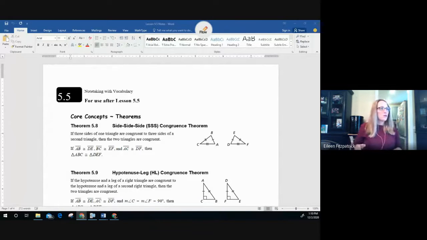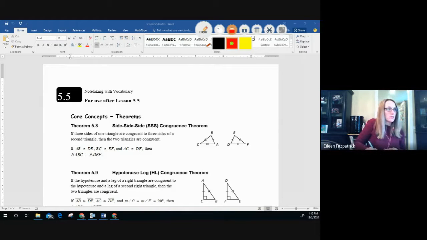Okay, so lesson 5.5, we're going to continue talking about triangle congruency. At the top, I'm just going to write a reminder of what we know so far as ways to prove triangles congruent. There's my pen. Let's do that line to scribble first. All right, so far, we know